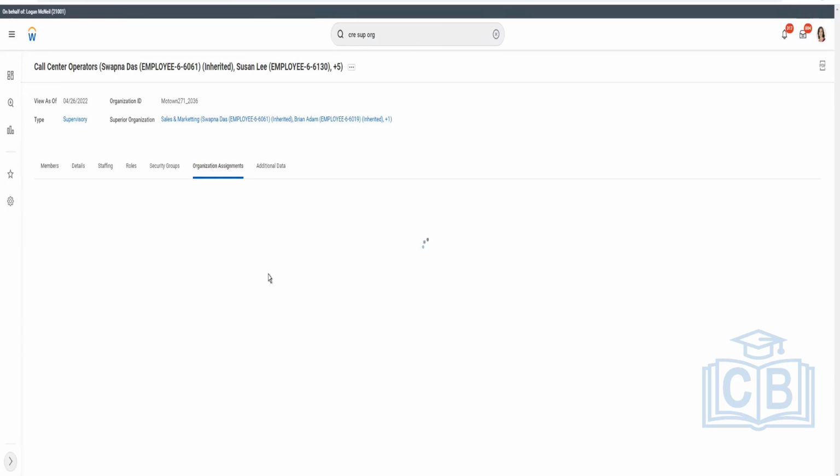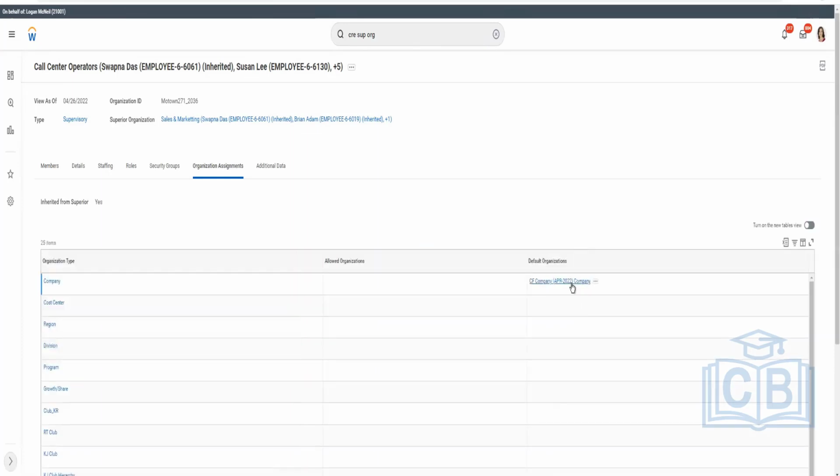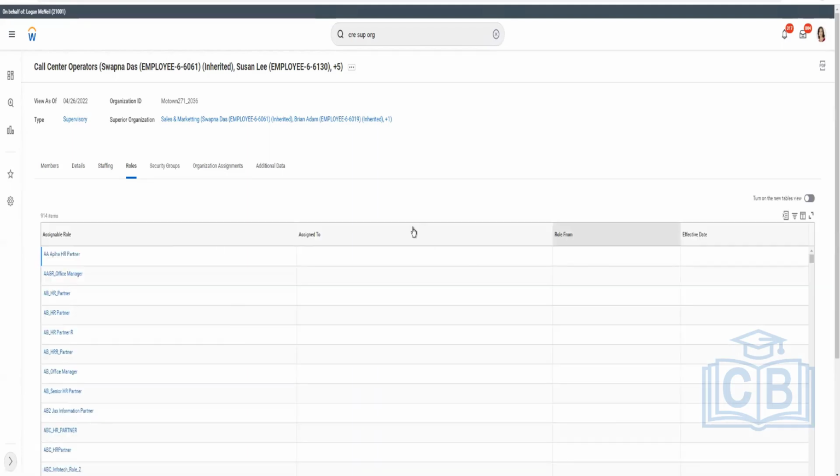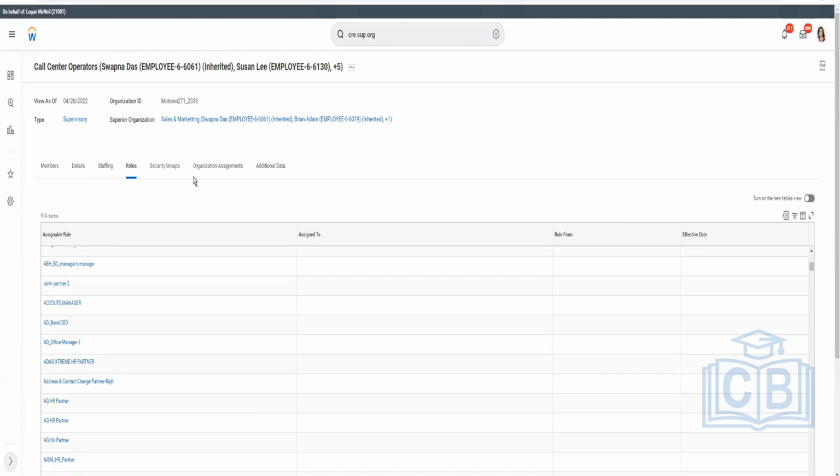The organization assignment would be inherited from the superior, like the company. We did not define that, and we just defined one role, that was the manager. The rest were inherited automatically. And so it should be in the list. This hangs up because it has 914 roles, which is crazy. But if I go to the staffing model,